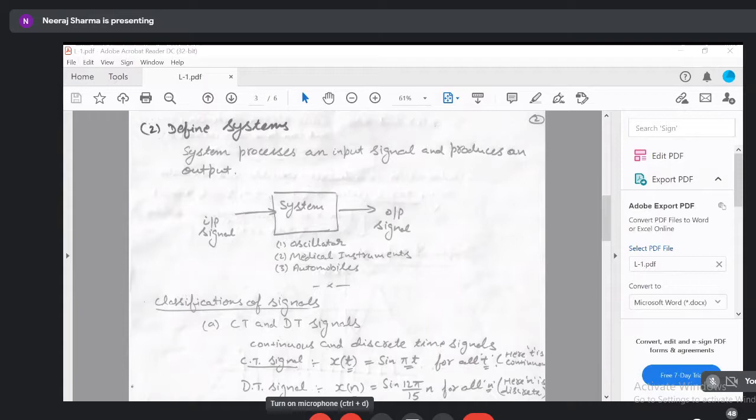So how will you define CT and DT, continuous time and discrete time? Or you can also explain with the help of some example. If you know of a certain type of signal which can be defined as CT and DT, continuous and discrete, or any phenomena that you have observed in your regular life that can be defined as continuous, and the other can be defined as discrete.